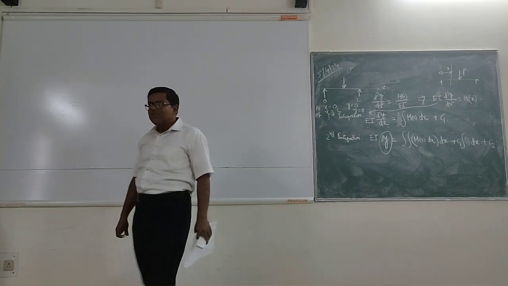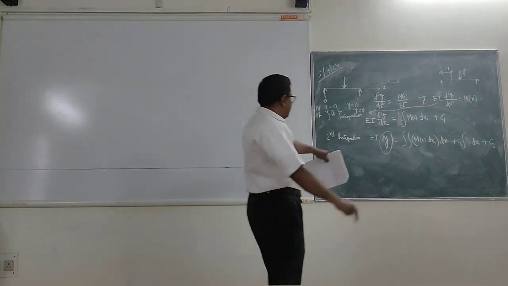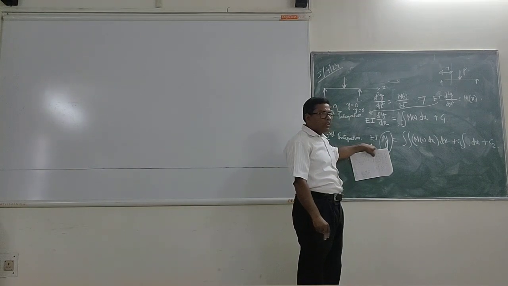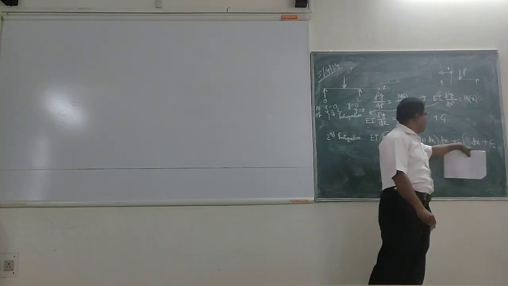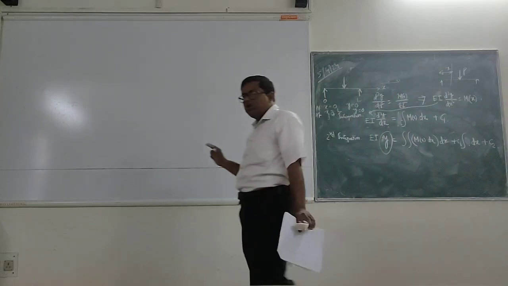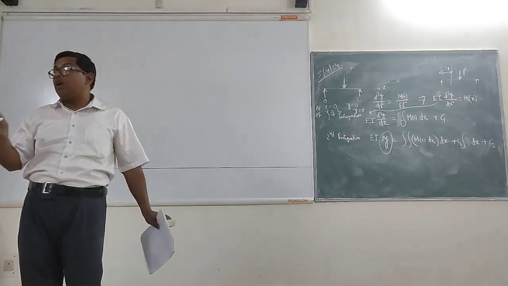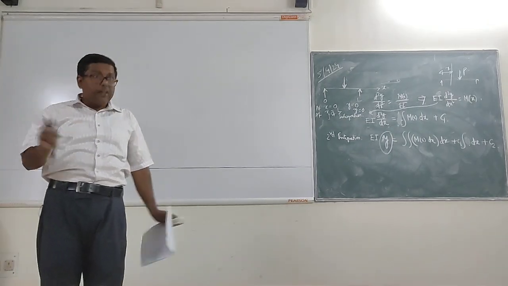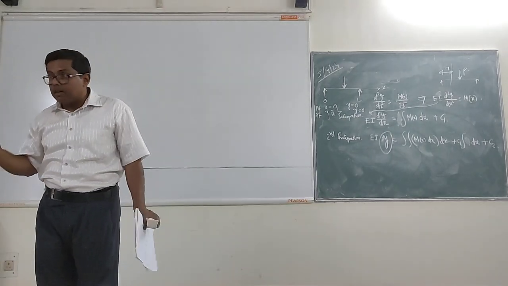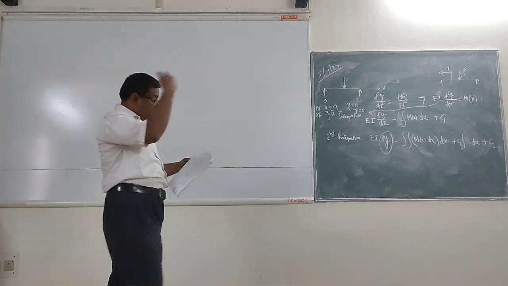Have you understood? So you have two boundary conditions. Apply those boundary conditions into this equation. Okay? You will be able to find out the two unknowns, C1 and C2. This is how you solve the integration problems, right? Is it clear? Have you understood? If you understood this, then you should be able to solve deflection problems using the double integration method. Okay? Now you take the example